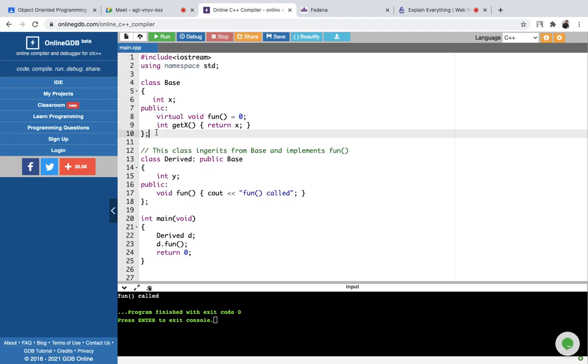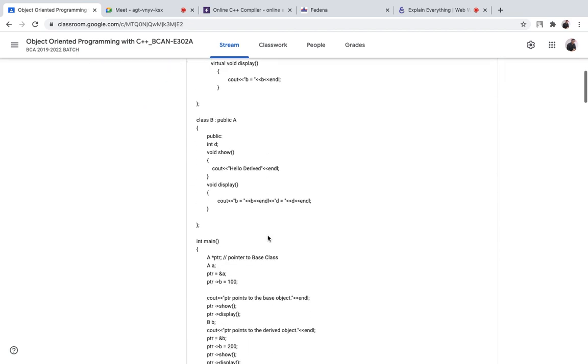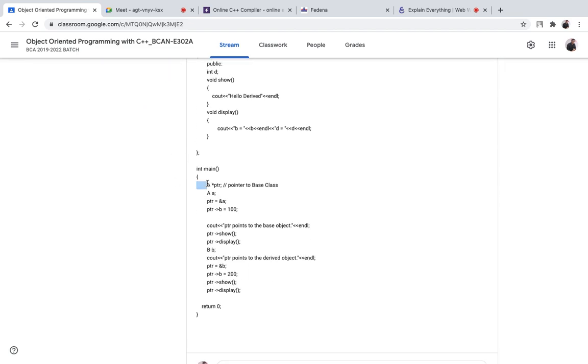Because to achieve the runtime polymorphism, we need only the base class pointer, nothing else. We have seen that in other earlier programs. And then we need to create the object of the derived class, and then we can do these things. তাই তো? এটা আমরা দেখেছি,